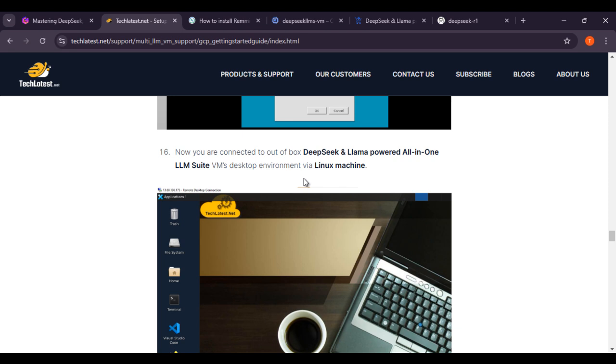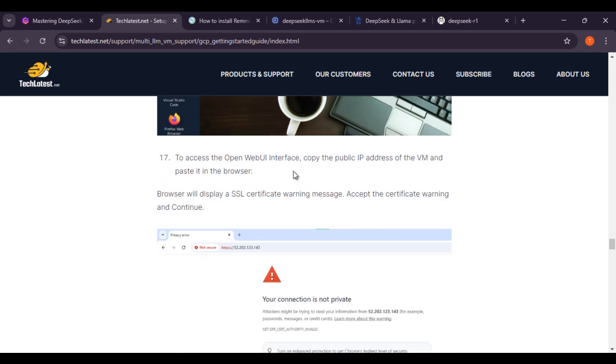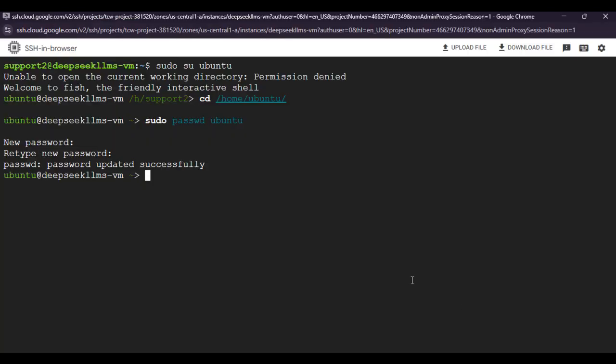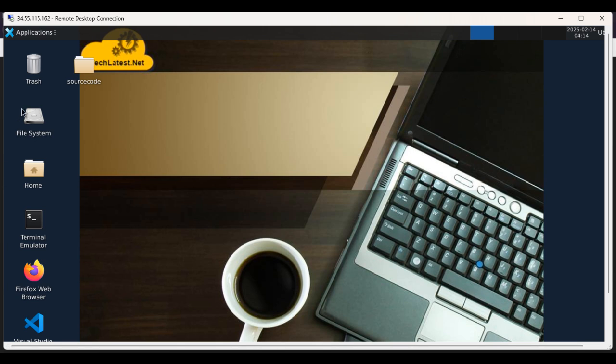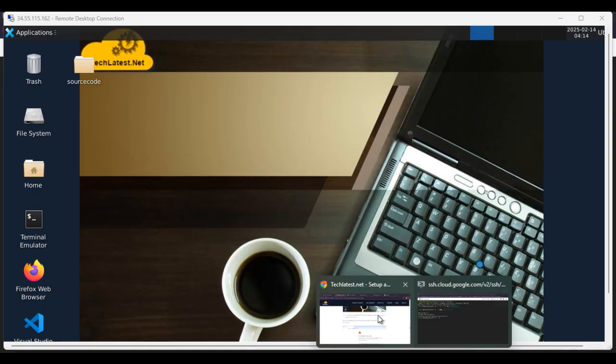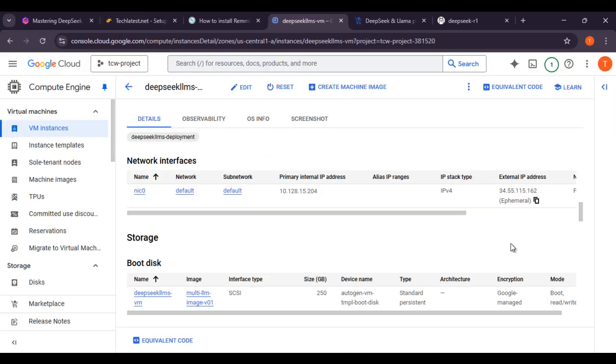To access the Open-WebUI interface, copy the public IP address of the VM and paste in the browser. So let's see whether it opens or not. We have done the steps. Here you can see that your RDP, basically remote desktop connection, is also started now. That's good. And after this, again copy the public IP address